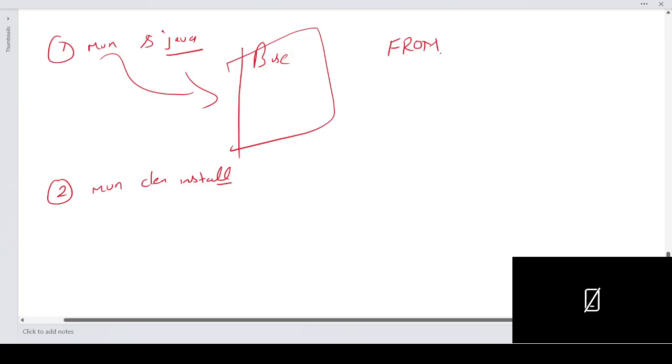So the very first is FROM, and then the base image. We will see which one we can use. Then COPY. With COPY, you have to copy your whole source code. Then you have to run some commands. So the command we have is this one: you can just run maven clean install. And then next, what we had done,